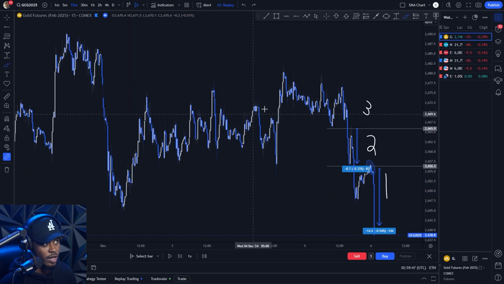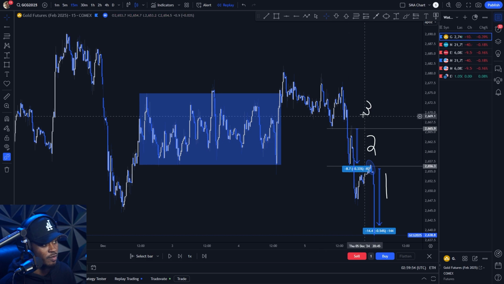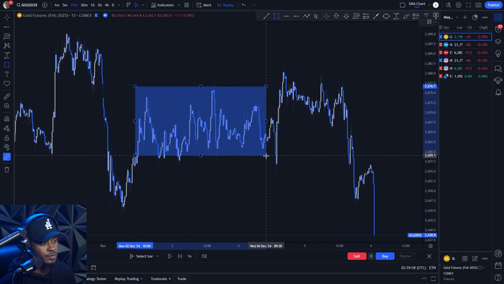Oh, perfect. Right here. Let's go ahead and box this level up, or this zone, and use this area of price action. Well, let me delete all this first. All right, let's come over here. So a range is a bit tricky